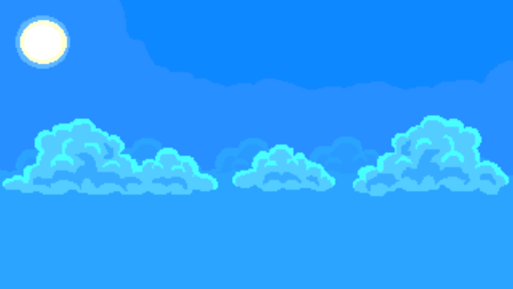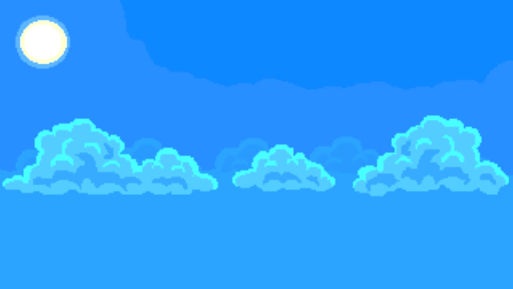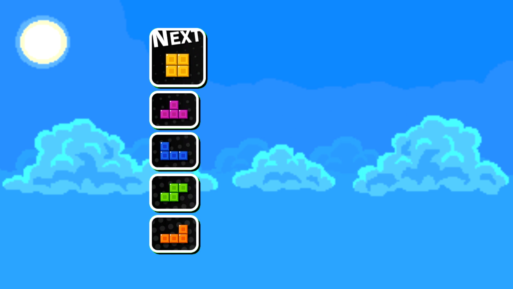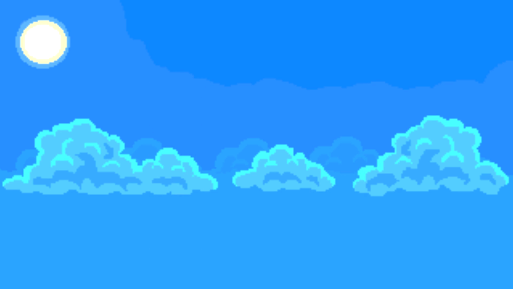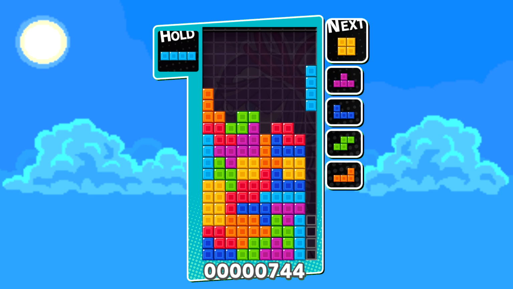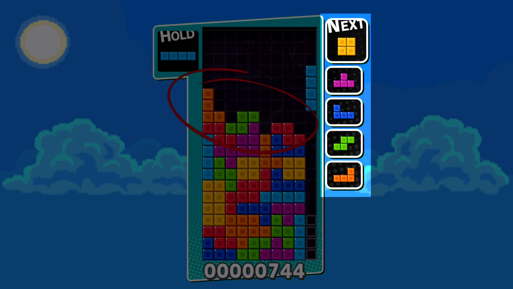To start things off, I'm going to talk about one of the most asked questions to fast Tetris players from beginners. How many piece previews do you use? From the very start, you should be working towards using all 5 preview windows, or 6 if you're playing Tetris 99. The most common way to look at the queue is to keep your eyes on the surface of your stack, and then use the colors of the pieces in your peripheral vision to know which 5 pieces are coming